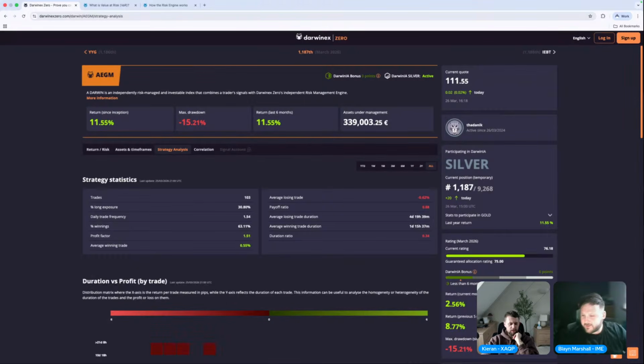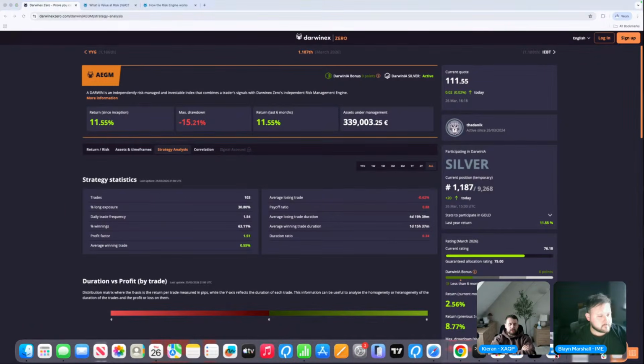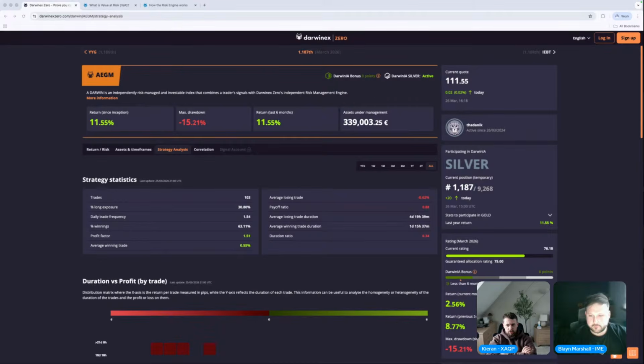How's the charity going? I actually haven't checked the charity Darwin in a few days. We're up on a position right now. It's down like $600 at the moment. We're still down from the rogue S&P trades that I mentioned before, which leads into your second question about strategy quant. We had a couple of rogue positions in more drawdown than we would have liked, so we decided to close them and take the hit. Can you load the charity Darwin up, Blaine?